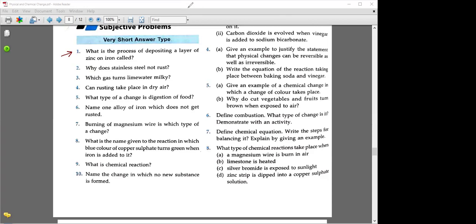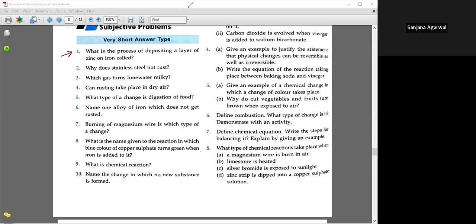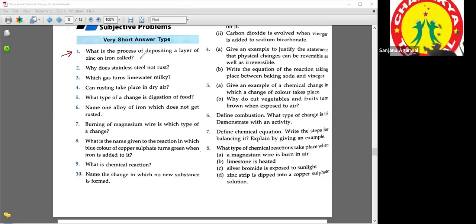Fine, Rohini, Sriyansh, and Adrit. So this process is called galvanization. Second,